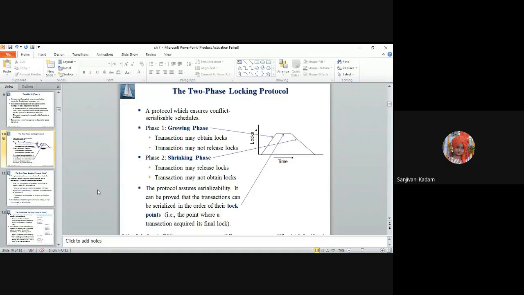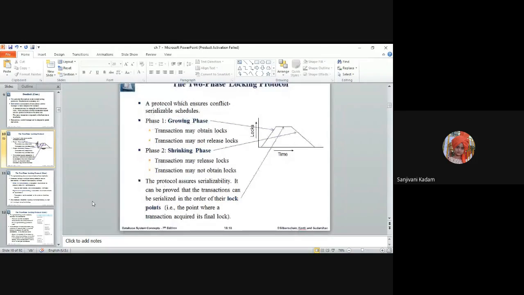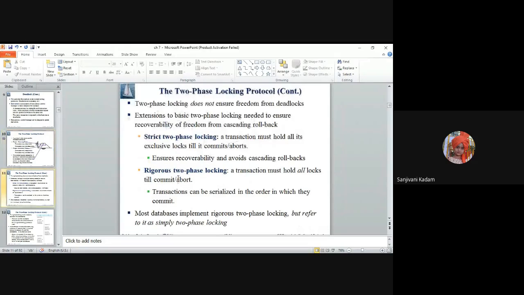That's why this protocol is called the two-phase protocol. There are two variations of two-phase locking: strict two-phase and rigorous two-phase. In strict two-phase, exclusive locks need to be unlocked at the end of the transaction. In rigorous two-phase, whether shared or exclusive mode, these locks on data items need to be held up to the commit or abort statement. Out of these, rigorous two-phase locking is most widely used, and it is also called the basic mode of two-phase locking because of its wide use.